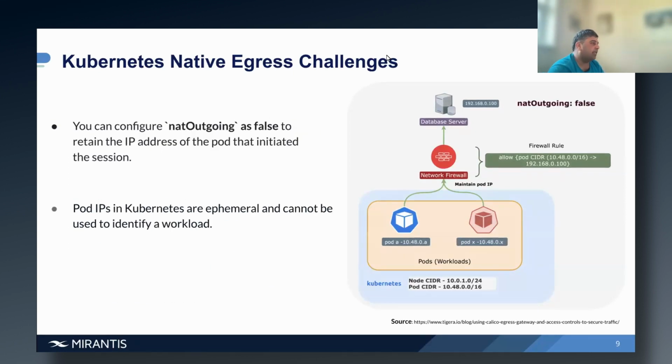Okay, you can disable NAT outgoing, so you can set it to false. And what that does is it retains the IP address of the pod that initiated the session itself. In this particular scenario, as we know, pod IPs in Kubernetes are ephemeral. The network security admin really needs to allow the entire pod CIDR to enable connectivity to that backend database. So in both these scenarios, you require overly permissive firewall rules, which really does increase the attack surface area and